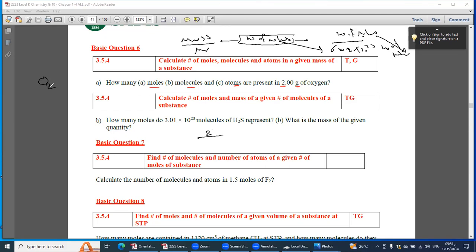Oxygen gas, or any active gas, is a diatomic molecule, O2. So O is 16, multiplied by 2, so 2 over 32 is equal to